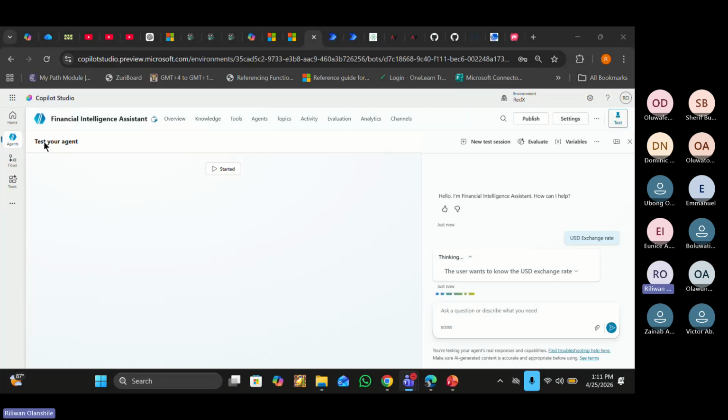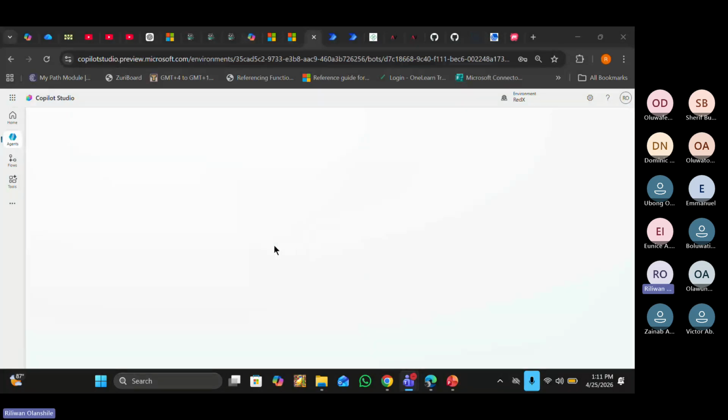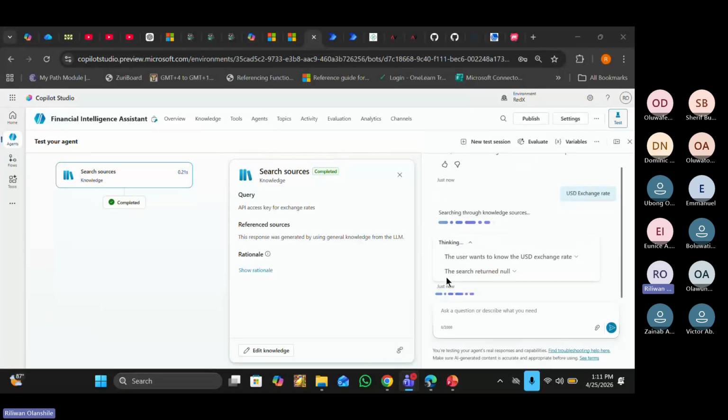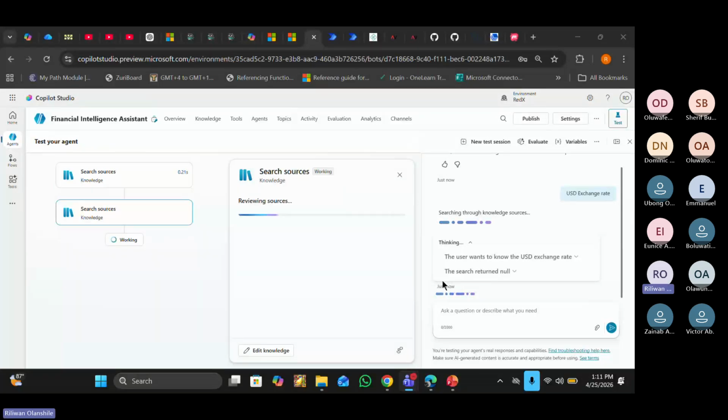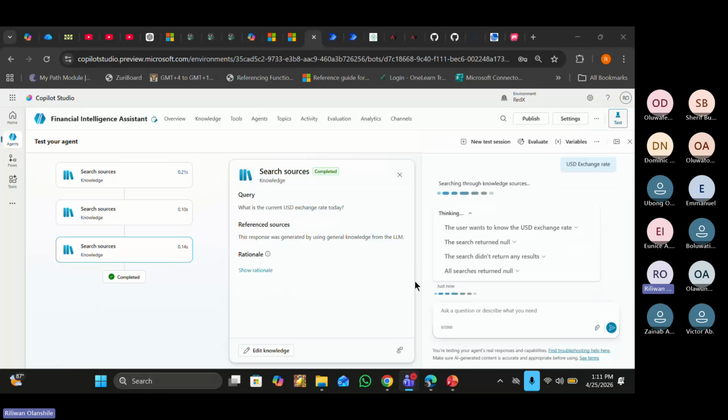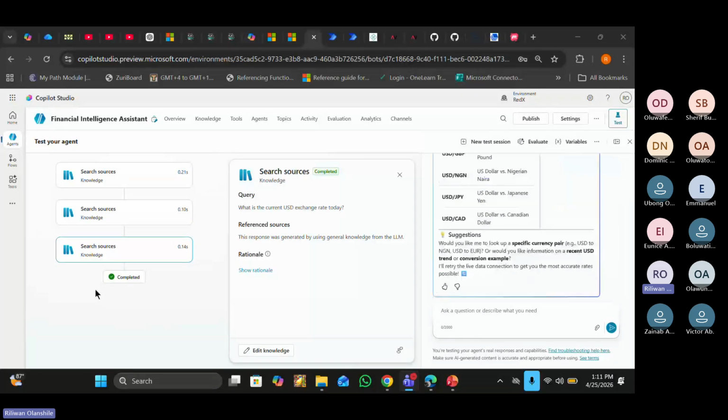Now, we can track and see what it will use in this case. See, it's using what? A knowledge source this time around, but that's not what I wanted to use, right? I don't want it to use a knowledge source. That's why I said how you prompt your AI is always very important for how they respond to what you ask.